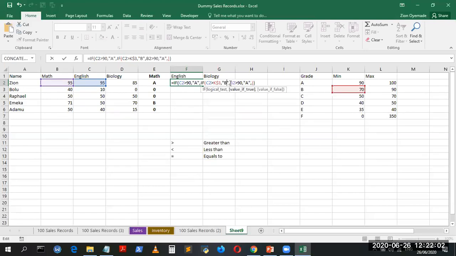Value true. The value if false is if C2 is greater than K4. Value if true is C. The value if false again